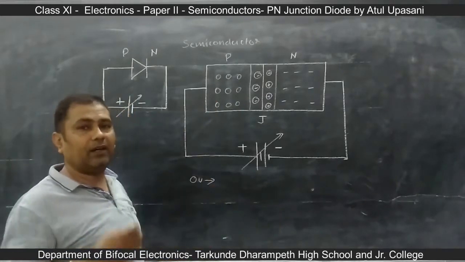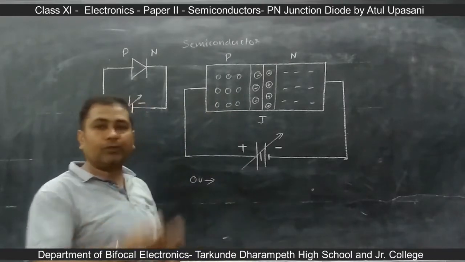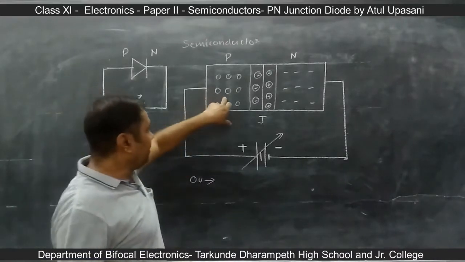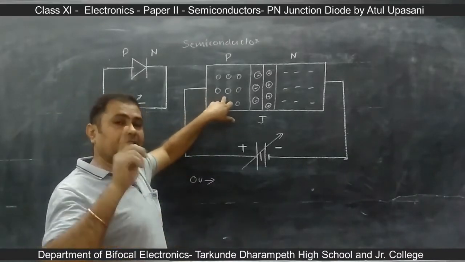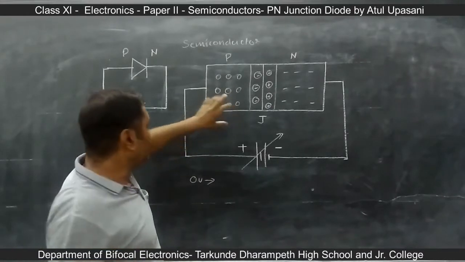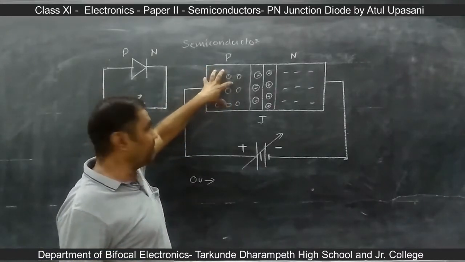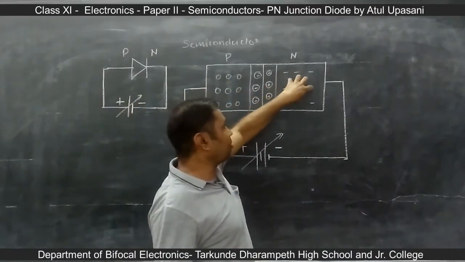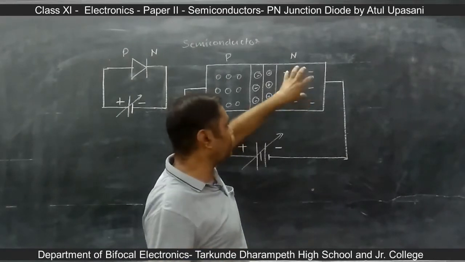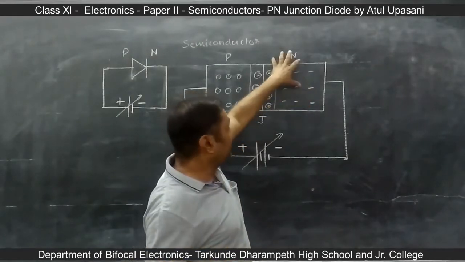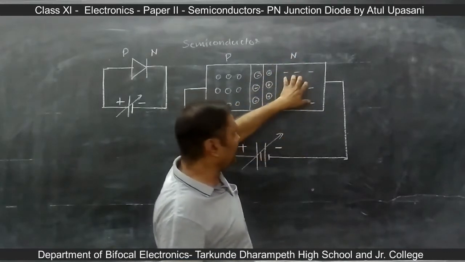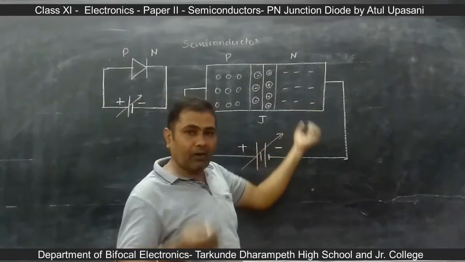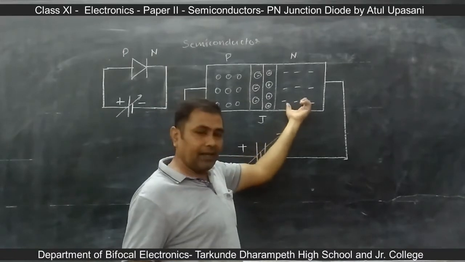Suppose we have 10 impurity atoms in this, so 10 holes will be created, but at the same time one free electron is also created. So here 10 holes are there, but still one electron is there and it is free. So holes are the majority charge carrier in this p-type and electrons are the minority charge carrier. In the same way, in the process of doping to form the n-type material, there is a formation of minority charge carriers on the n-side also. Here on the n-side, electrons are the majority charge carrier, while holes are created in smaller numbers, so they are the minority charge carrier.